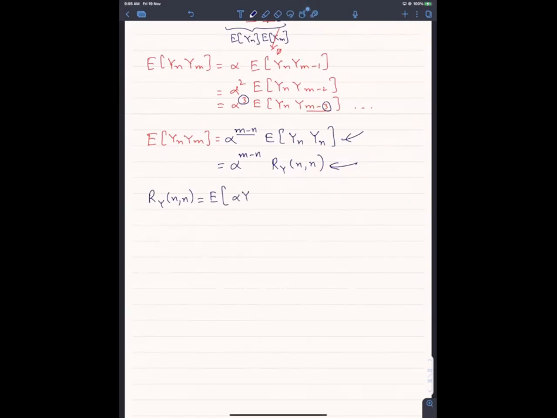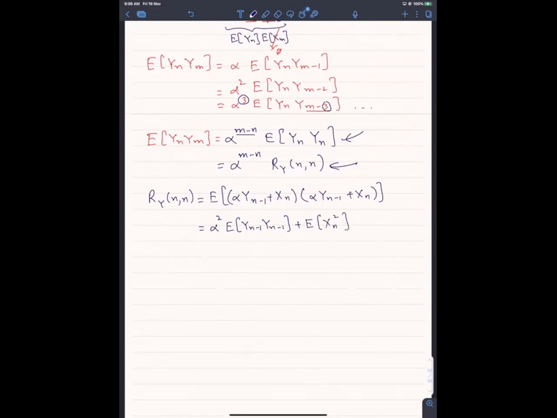(alpha y_(n-1) + x_n), the n-1 history plus the new value, multiplied by the same guy, (alpha y_(n-1) + x_n). So you will get four terms. Two terms will involve x_n and y_(n-1), and one will be the x_n squared term and one the y_(n-1) squared term. I will write those terms here. So this would be equal to alpha squared times the expected value of y_(n-1) squared, plus the expected value of x_n squared, one of each will come, and then